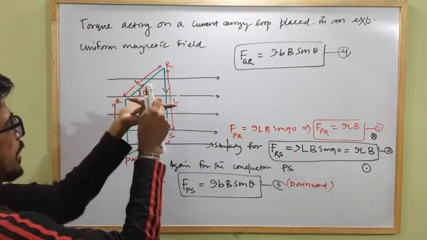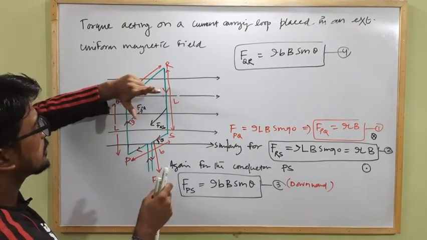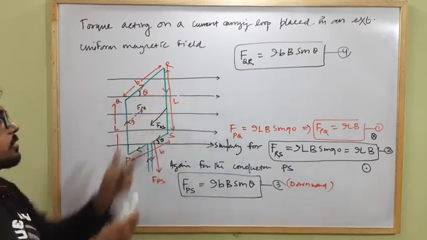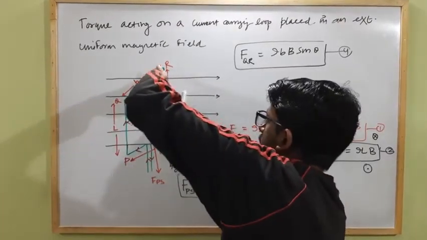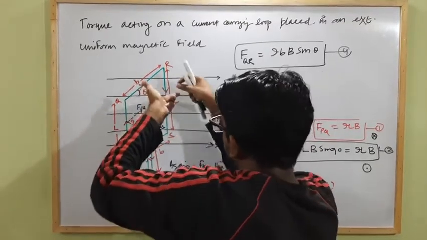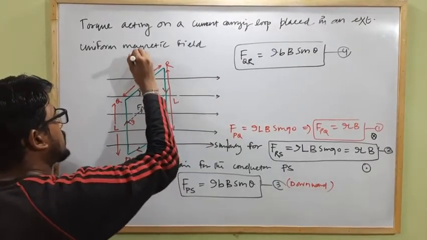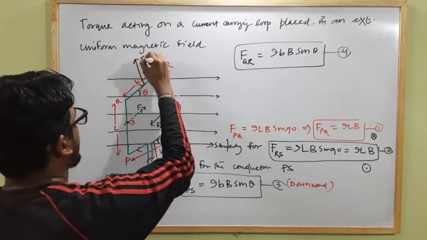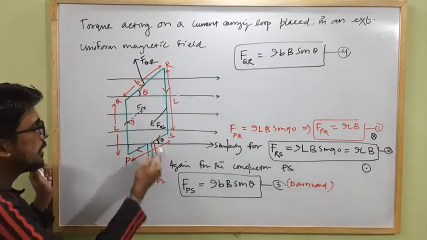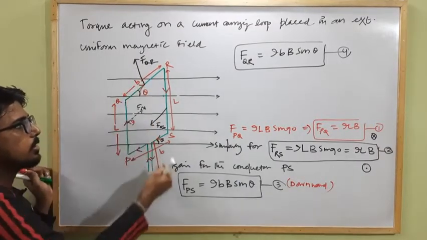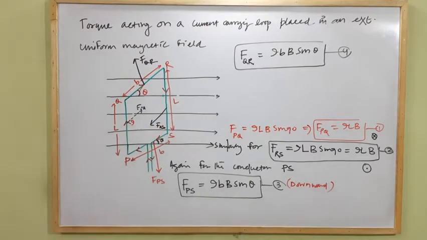So here will be the magnetic field direction like this, and this is the current carrying conductor. The force acting on it, this is the magnetic field direction, here the hand will be like this. The current will be into the plane, so the force will be acting on this point towards the upward direction. Okay, that is F on QR. So these two forces are equal in magnitude and opposite in direction. Clear? Understood?